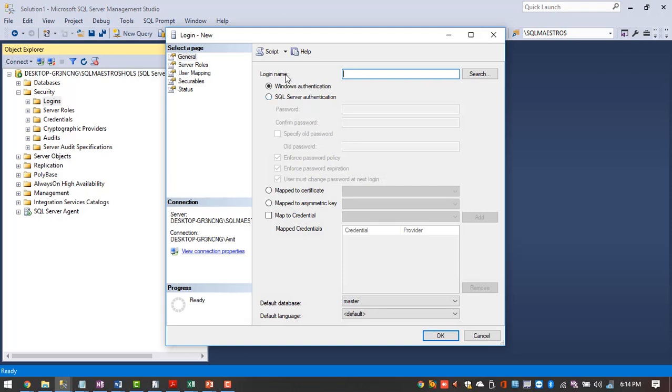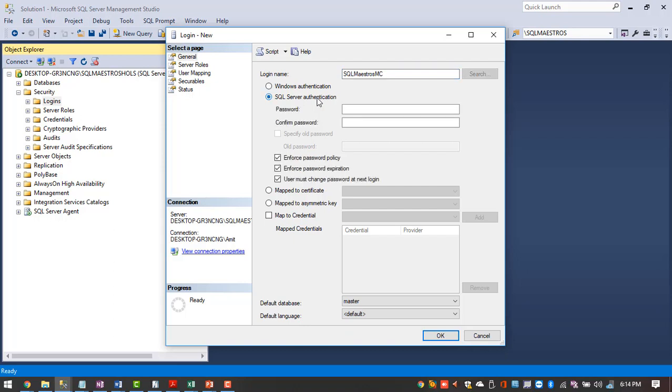The first option is we need to provide a name to the login. For now I'm just giving the name SQL Maestros MC. Most applications connect to the database using SQL Server authentication, so I'm showing you how to create a login which uses SQL Server authentication.